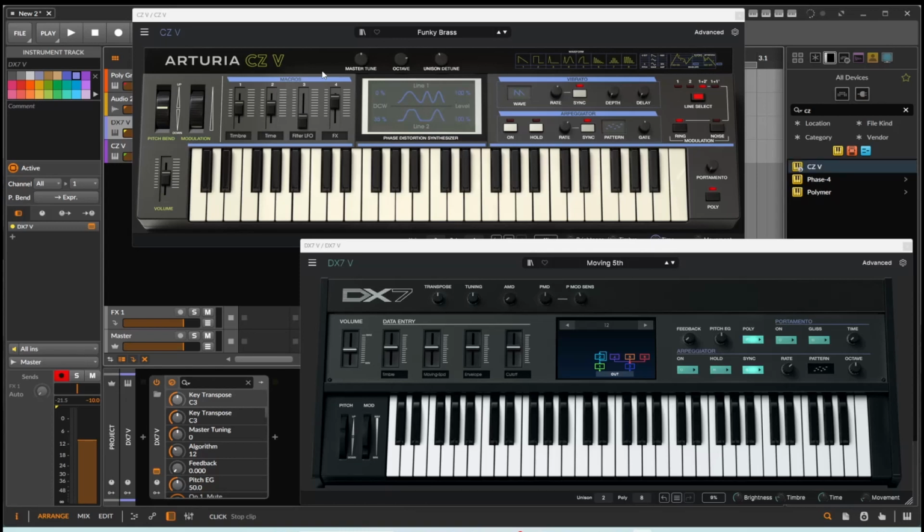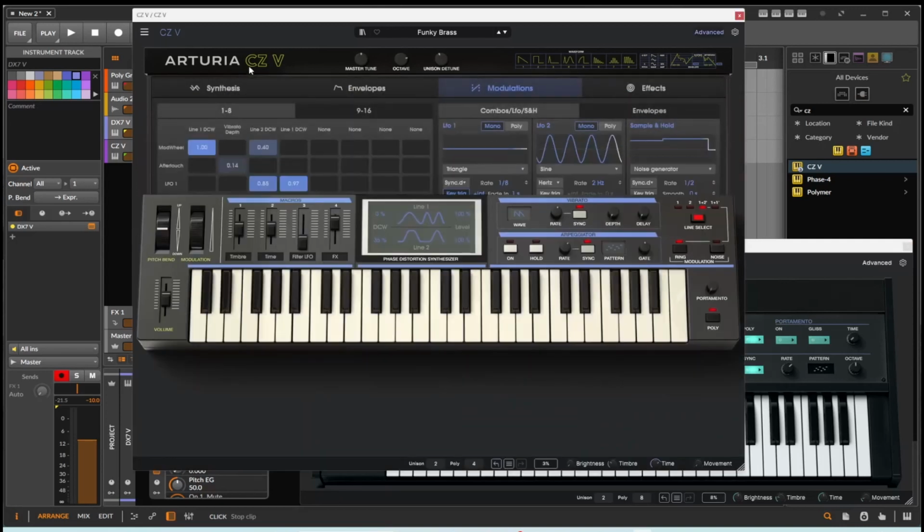It was used by a lot of bands, but nobody had a clue how to program it or what it's used for. At least a lot of people use their presets. Let's be honest. Partly because of what this means down here with these algorithms and how they're programmed. This is, of course, a phase